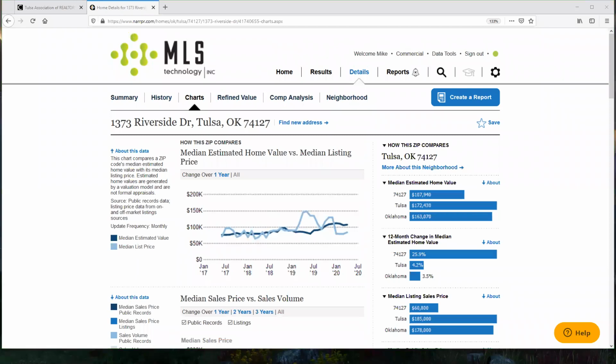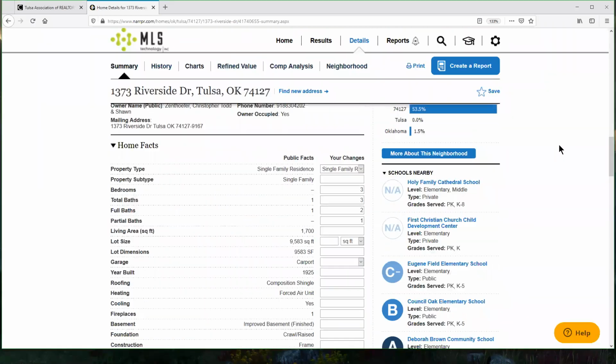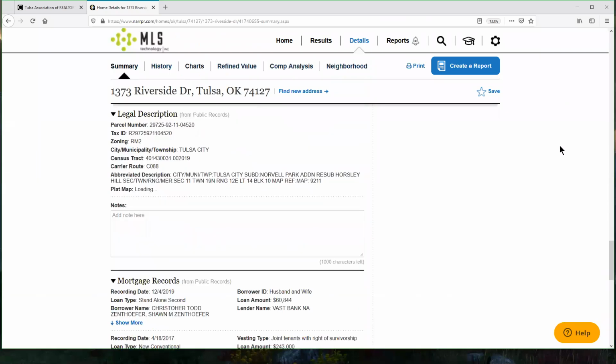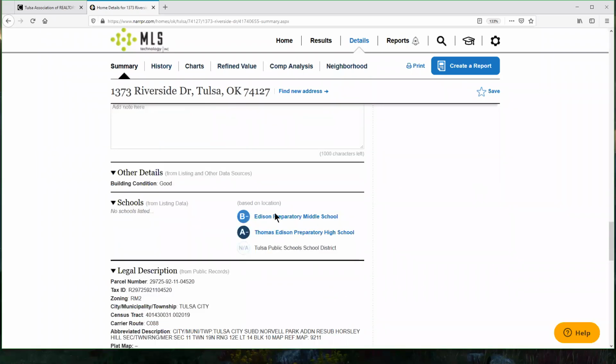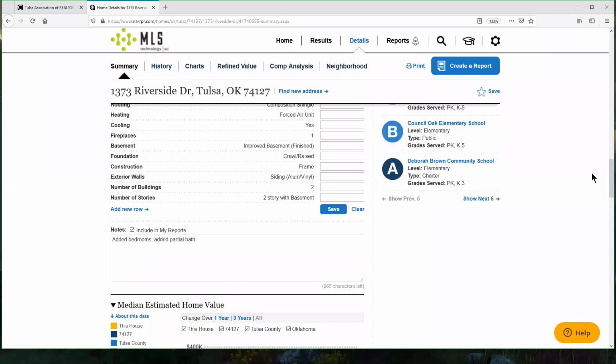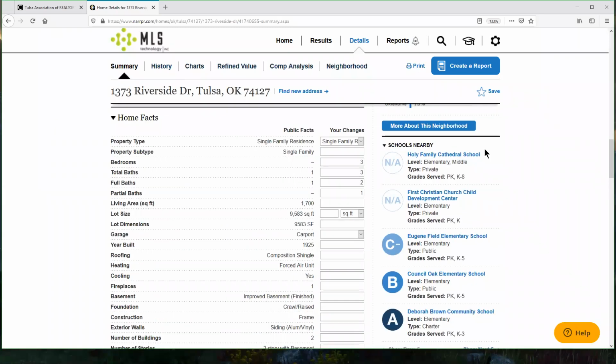All right, and we have a question. What are the pluses and minuses on the school? In fact, when we're looking at any of the school information, whether you're looking at it on that summary screen, where it shows our schools nearby or any schools that are listed for this property, or even over here on the right that shows the nearby schools,